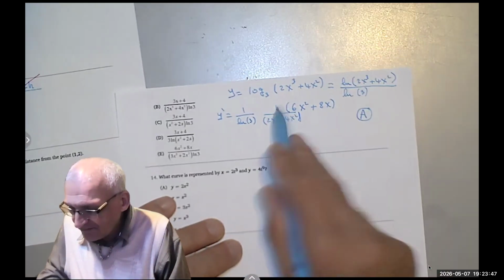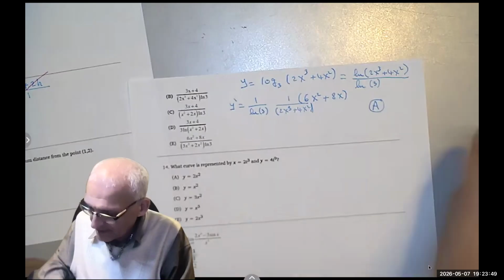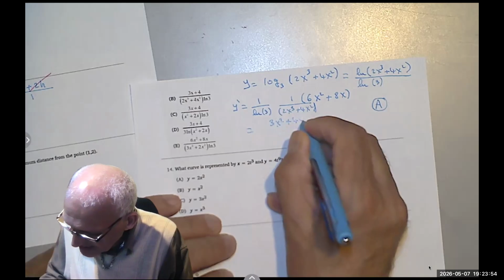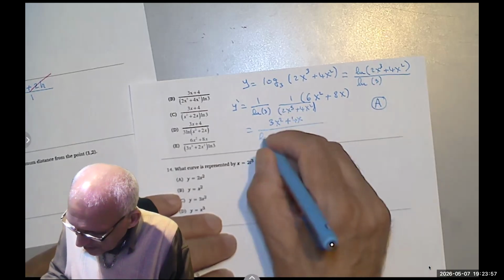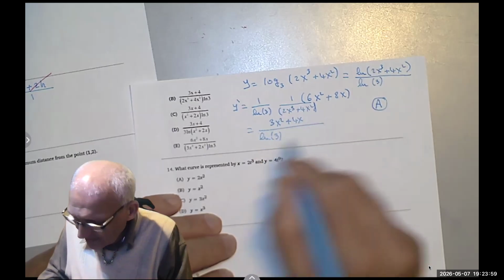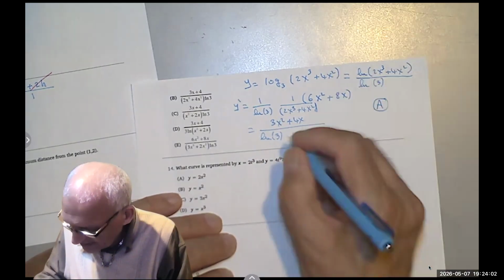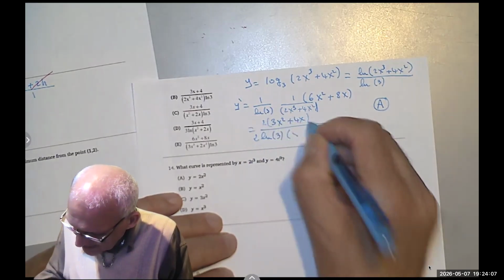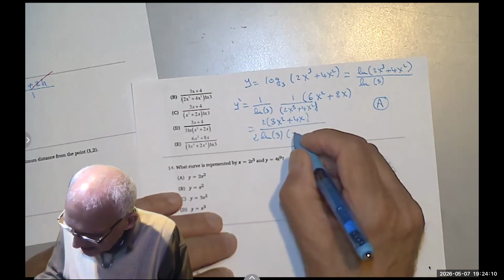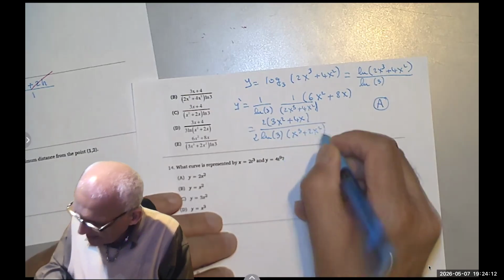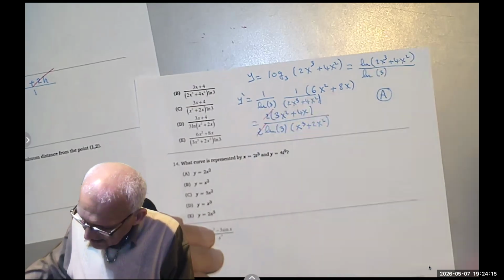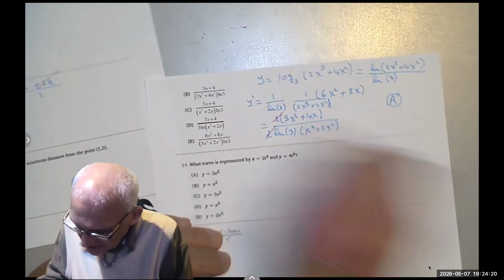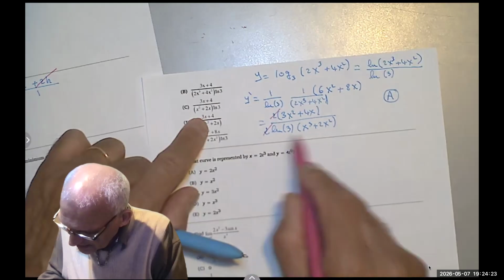Here you can see that everything in the numerator and the denominator is divisible by 2. So you can rewrite this as 3x squared plus 4x by simplifying the top by 2. And the bottom can also be simplified, in fact by 2x squared, but they factored out the 2. This is 2 times that, and this is x cubed plus 2x squared, and then the 2 and the 2 cancel. So you get C, natural log of 3 times,